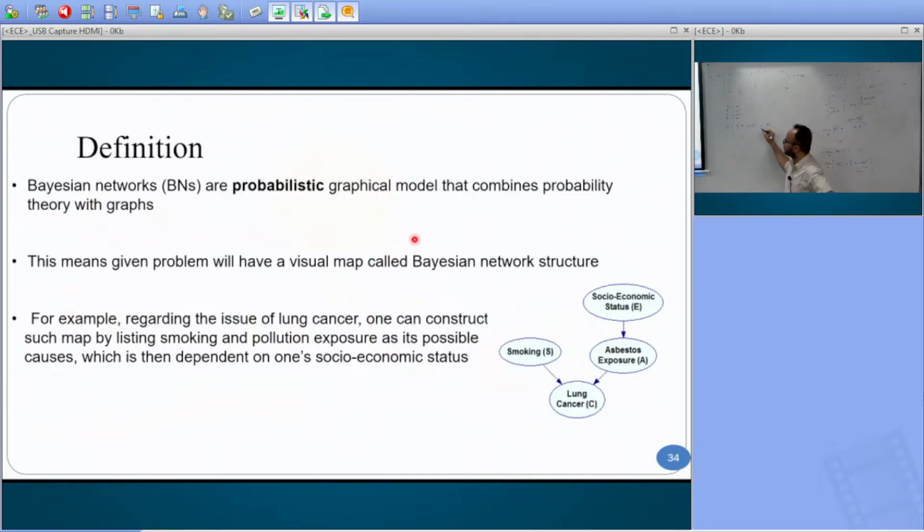Let's suppose we start from lung cancer. You have a structure here. Lung cancer is depending only on asbestos and smoking, right? So given this particular information, I can predict this information, and I don't need the other information. So this variable depends only on these variables. So A conditioned on B and C. Then go to this part. This variable is depending only on